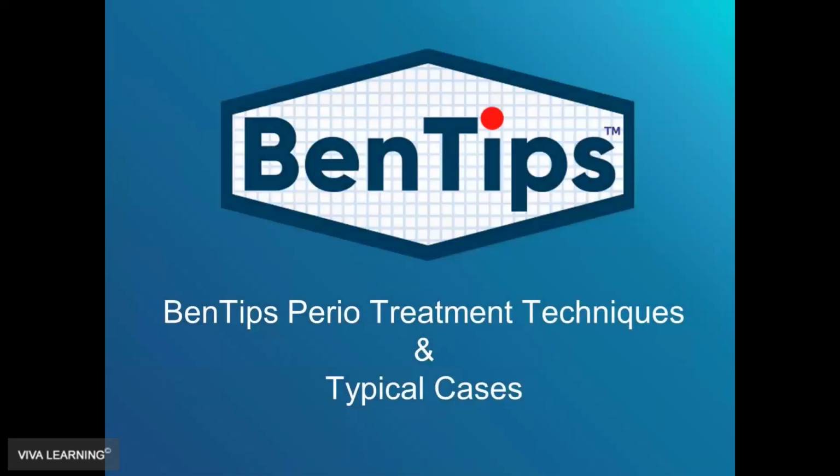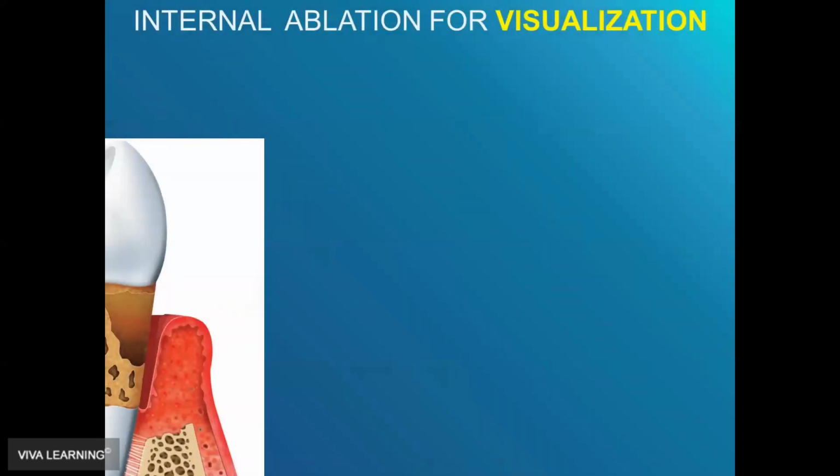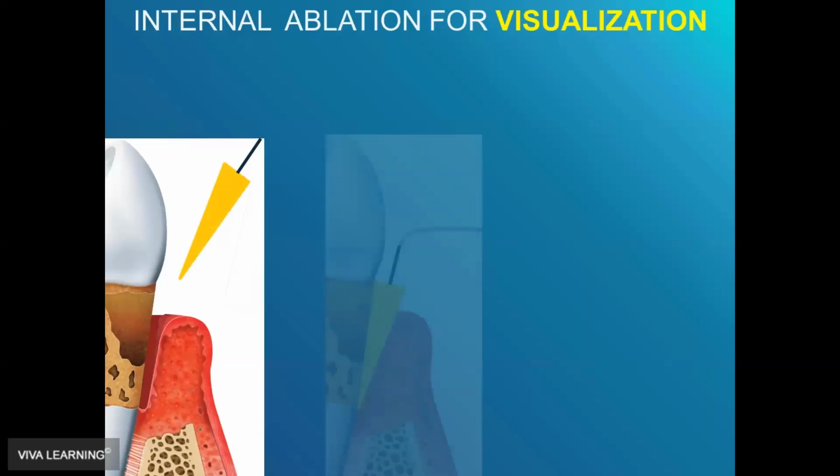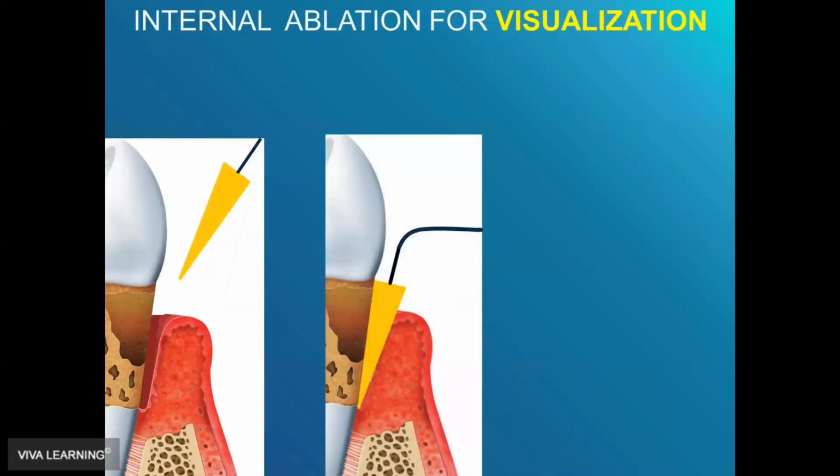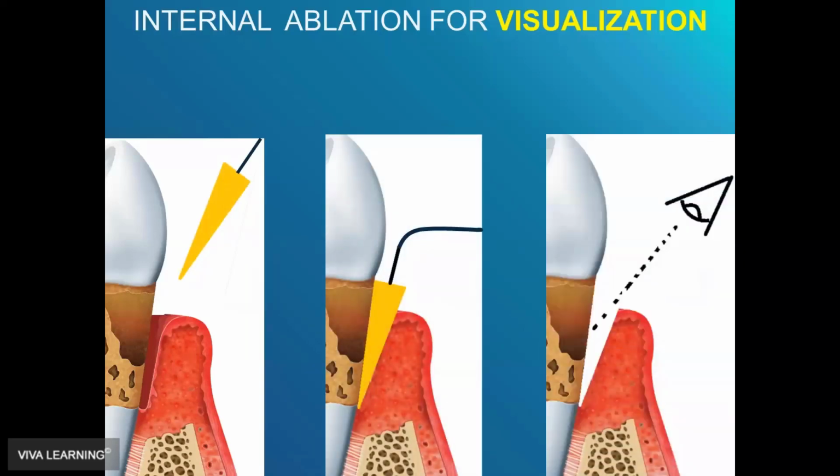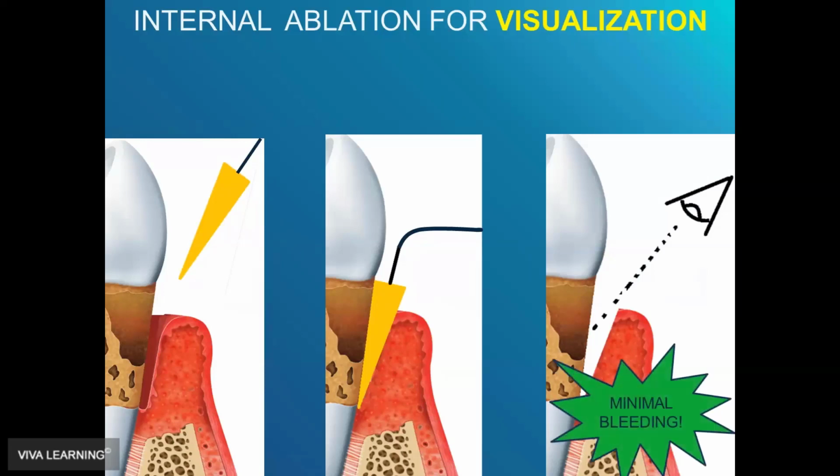So now we're going to review some treatment techniques in some cases. So let's say we have a case like this, deep pocket with lots of calculus. We take our BenTips, we put it into the pocket and power it up. It ablates the gingiva, opens it up, and so now we can see everything. And it works very quickly. There is minimal bleeding. And the reason is this is actually acting as a harmonic scalpel. And what that does is it ends up sealing the blood vessels, so we get much less bleeding,